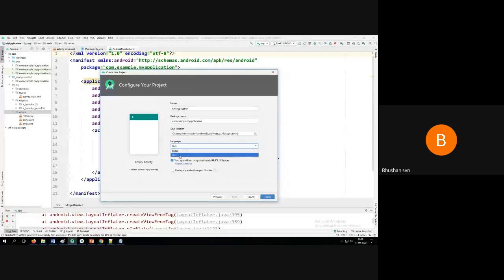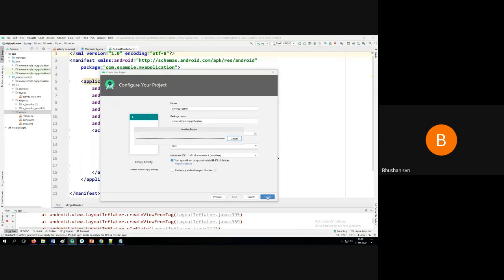If I want to use Java, I can use Java. Since all of you are aware of what Java is, I suggest you go for Java. Then click on Finish.